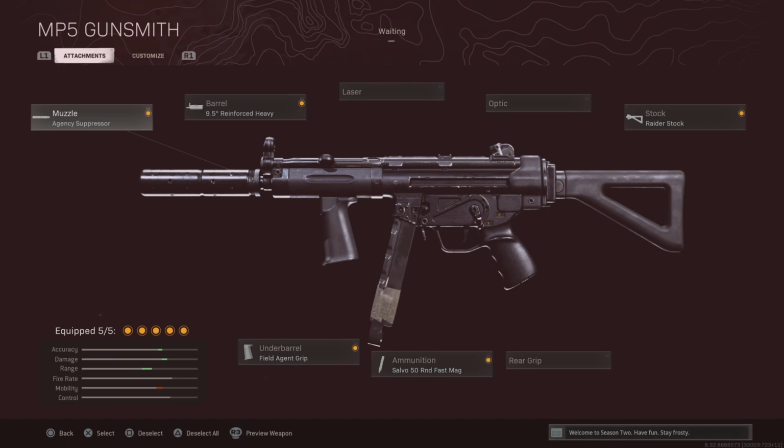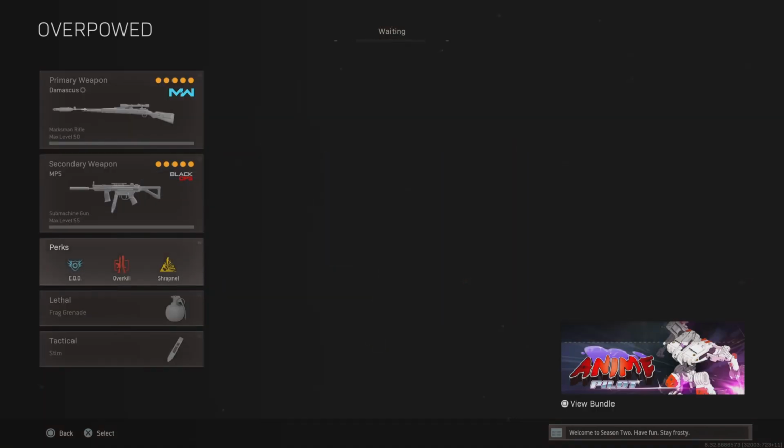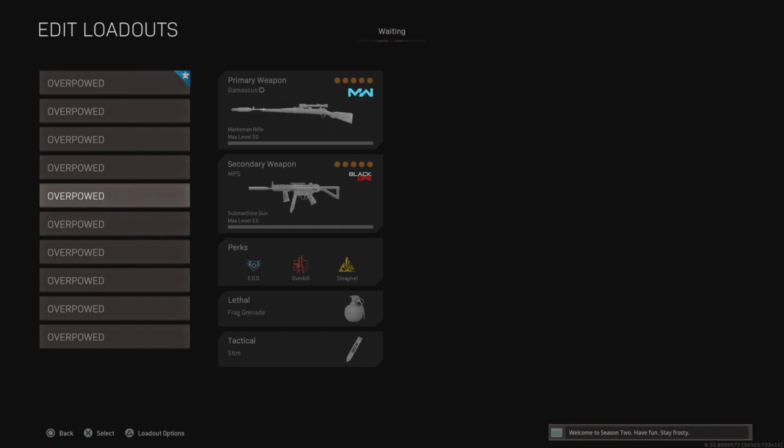It does have a little bit more recoil than, let's say, for example, the Mach 10 or the Modern Warfare MP5. So it's not as accurate as you're probably used to, but it does have a very, very fast time to kill, and it is extremely good whenever you're trying to clear out buildings or whenever you're in a super close range gunfight. I'm pretty sure that is the last class on this video,